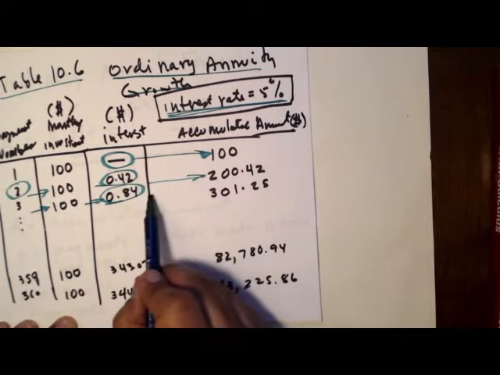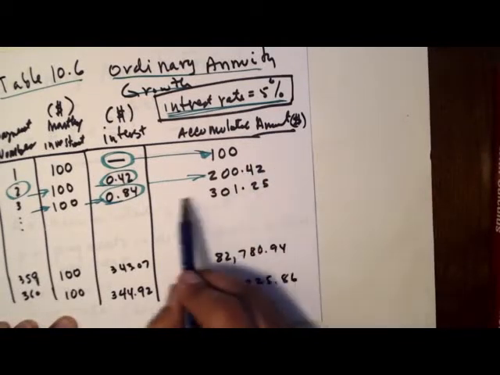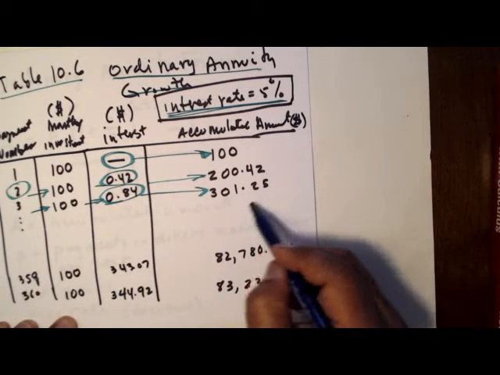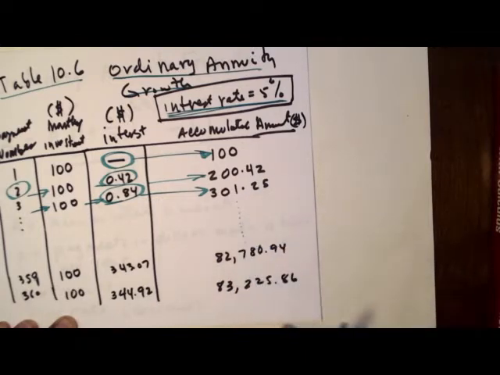The third payment, another $100, you add another 84 cents as interest, and then to the previous $200.42, and you ended up with $301.25. And you continue to do this over a long period of time, and then you get to the period